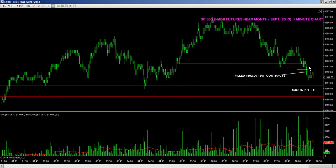Okay, more than likely, this will become an incremental price profit target right here, an incremental level being a level where prices will find support because of previous prices laid out here at this pivot point low and then traded up from to the upside. Prices will hit here and then stall out, trade back up, trade sideways with more volume coming in to push the prices through this floor and get down to 1589.75. So getting in here at 1592 even,